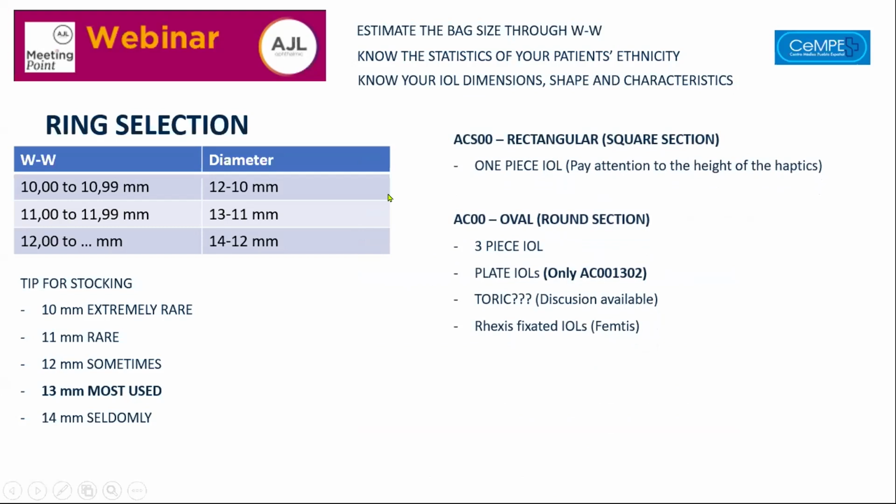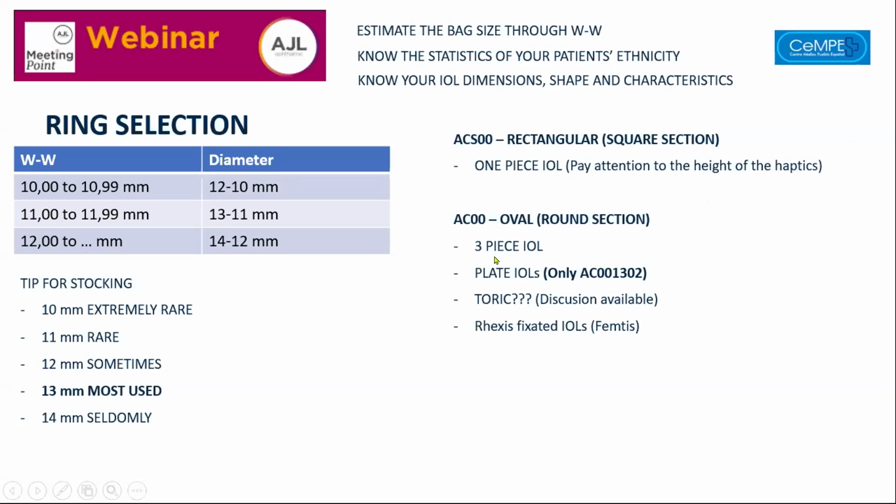Third issue, know your IOL dimensions, shape, and characteristics. For example, I choose the square section rings for every single one-piece IOL I implant. Of course, I always use C-loop implants, one piece, and so I choose this square section. If I can, I always choose the square section, excepting for cases in which I'm going to implant a three-piece